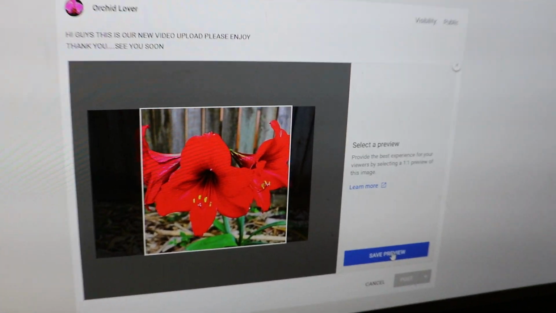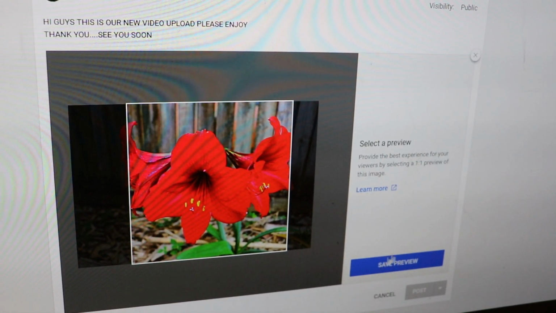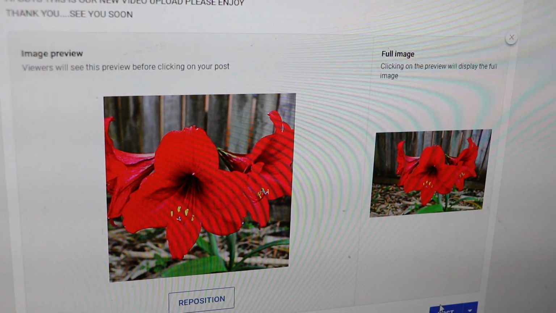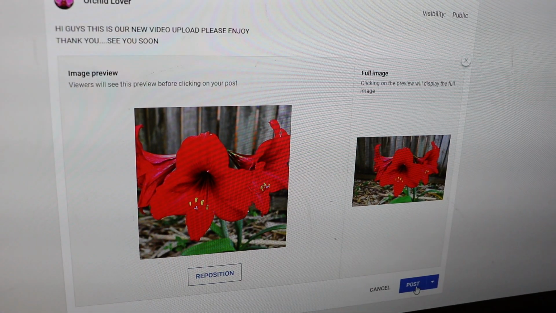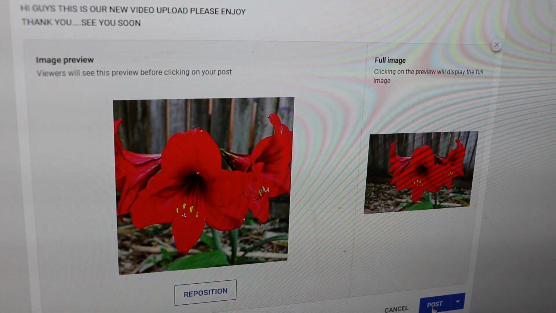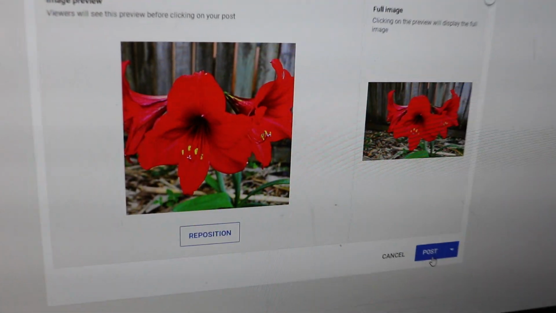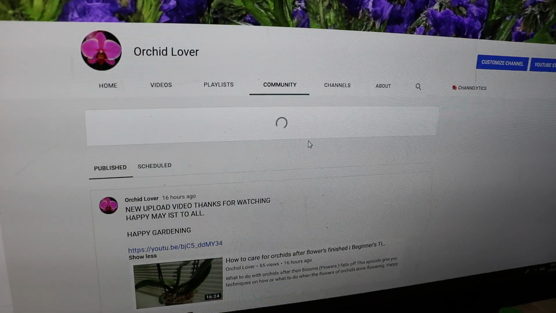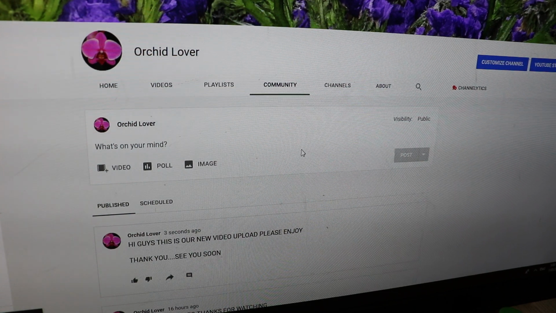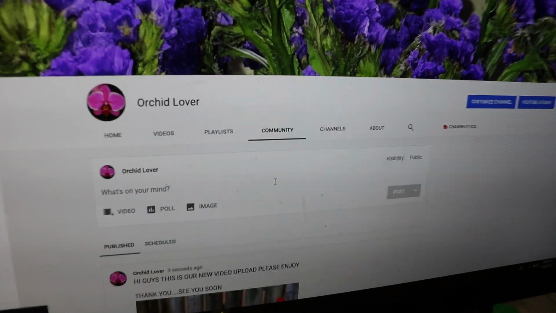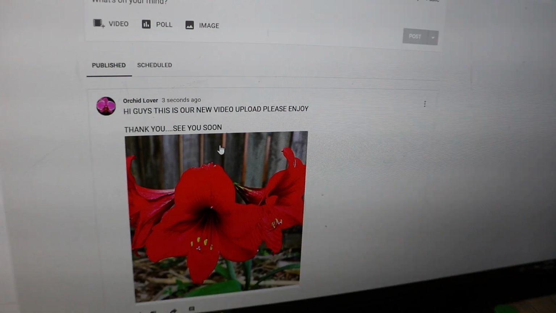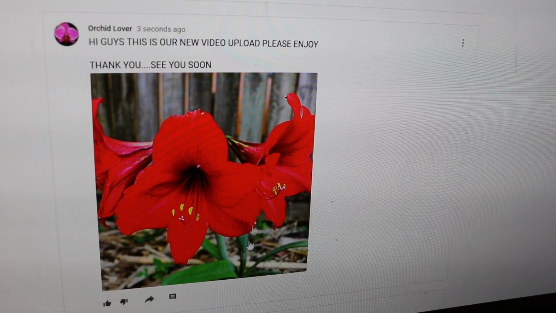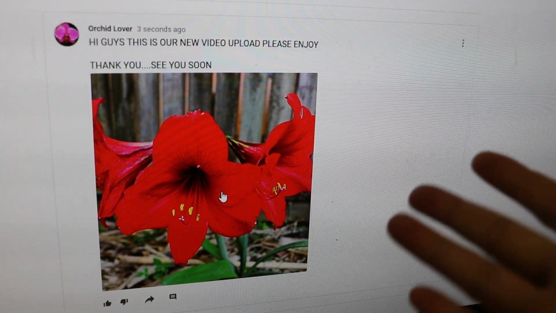Click the blue Save button there. After you click that, you go down to the bottom again, to this blue one that says Post. Once you post it, you wait a bit. There you are, in 3 seconds it shows up exactly as you typed it. It's as simple as that.